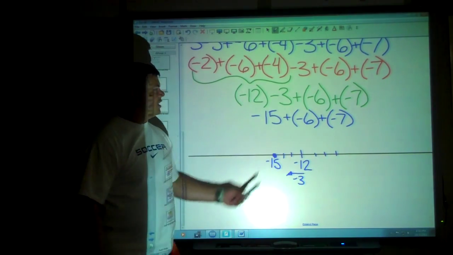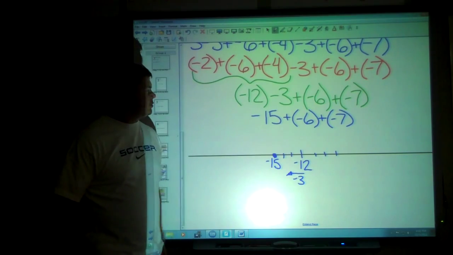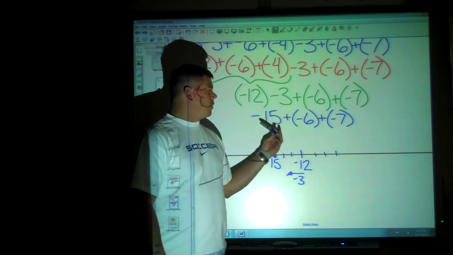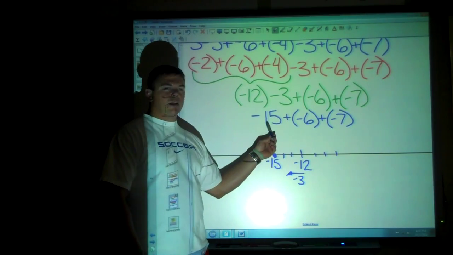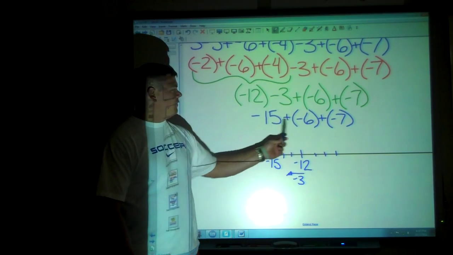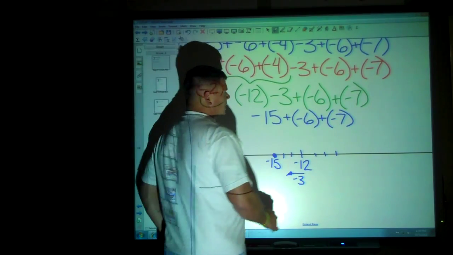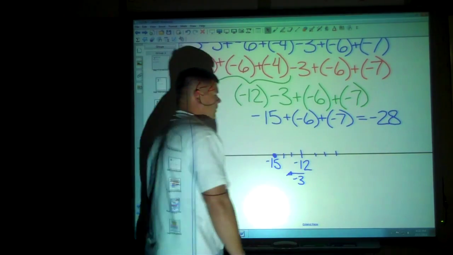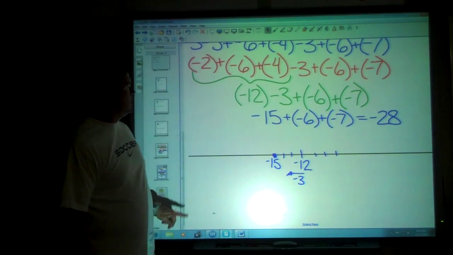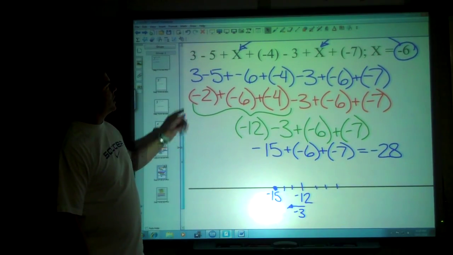Now I have just addition, and all of them are negatives. Negatives plus negatives makes more negatives. I can add in any order I want. If it's easiest to add these two, do it. If you want to add these two and then add on the negative 15, it doesn't matter. Negative 15 and negative 6 is negative 21. Negative 21 plus negative 7 makes negative 28. So according to this, if I were to evaluate that very long expression with a negative 6 plugged in